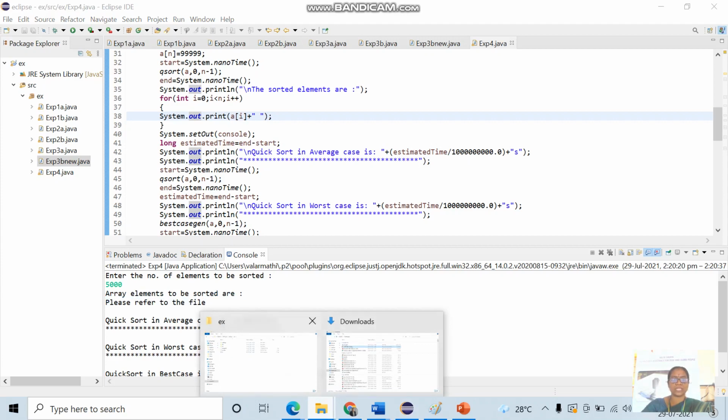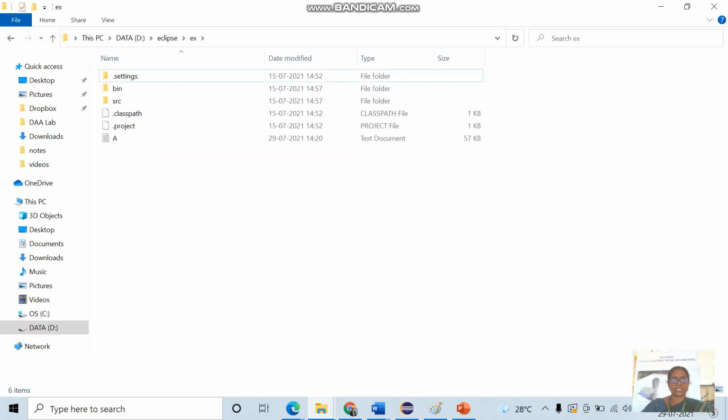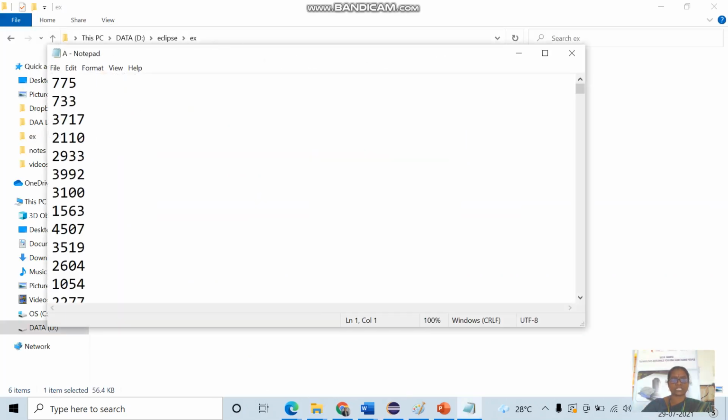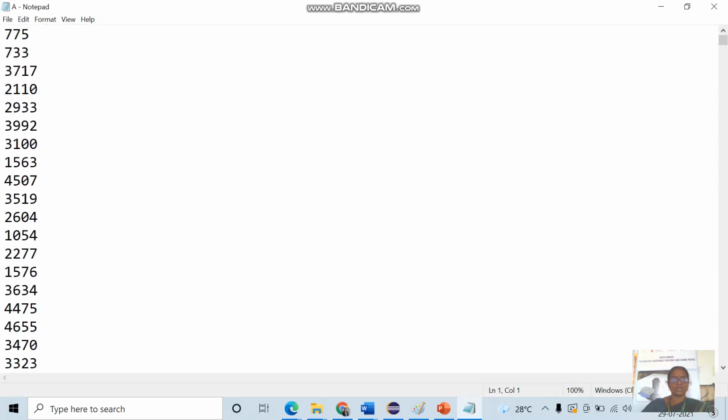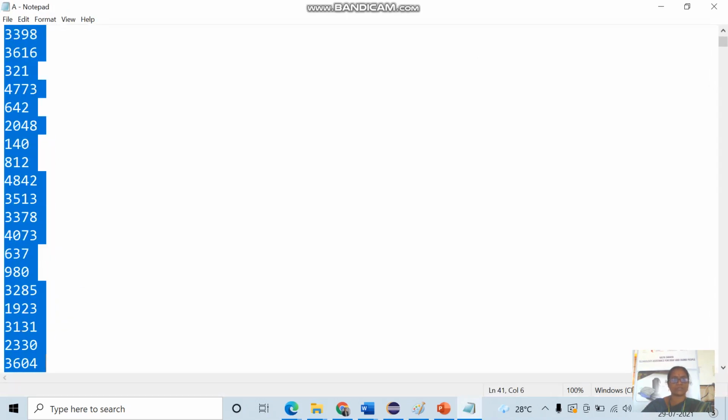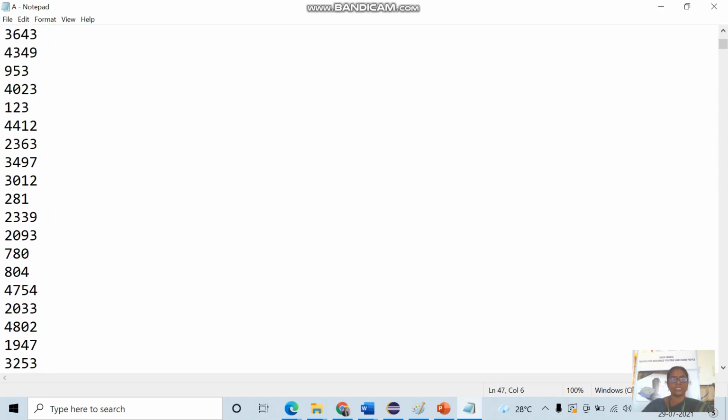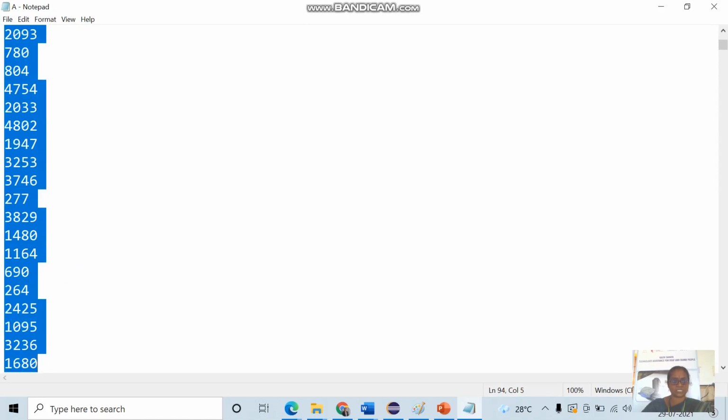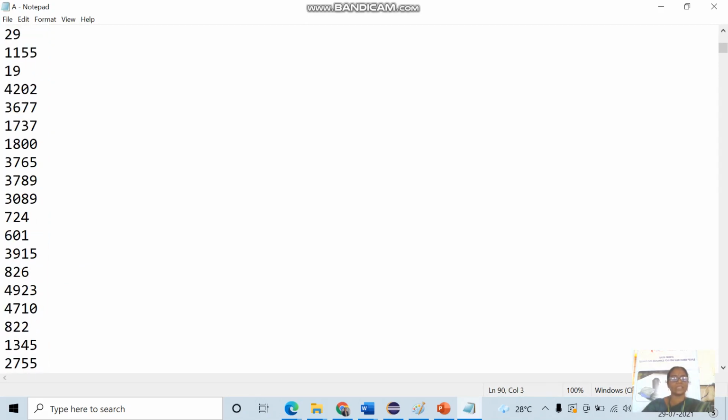So we need to open that a.txt. a.txt is stored in the corresponding folder. Now these are the random numbers generated for 5000 values. The 5000 random numbers are first generated using the for loop. See here, these are all the 5000 random numbers.